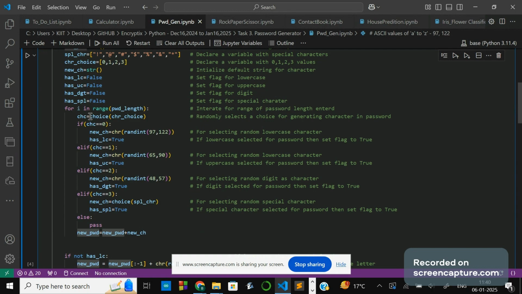And this is the user PC choice based. So for each choice out of four numbers, if the choice is 0 for the first character, it will append the lowercase. If the second iteration, if the PC choice is 2, then it will append the digit. If the PC choice is 3, then it will add the special character for the third iteration,